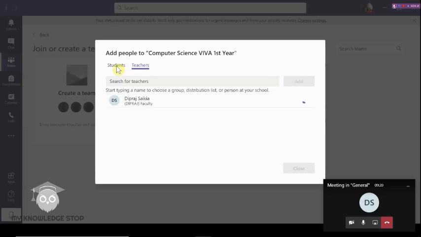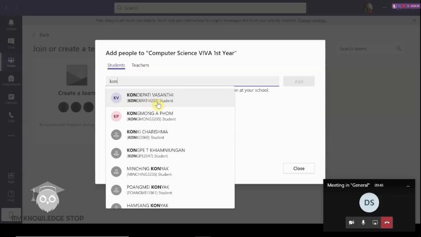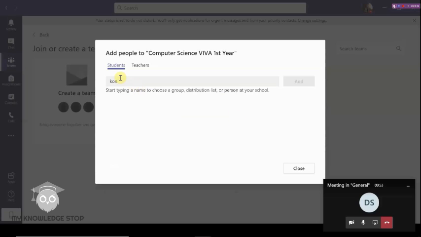Now if I want to add students, I can go here. I can go to students and then add. If I want to add a student, let's say Riaju, I can just type half the name, and some of the words it shows. If I want to type the name of a student, let's say KON, there is one student there. This student, if I add, I can add to this particular class. Right now I'm not adding because once you add, they get an email. So I'm not adding that.